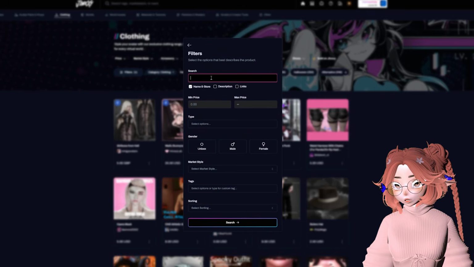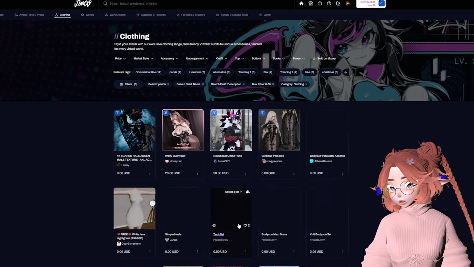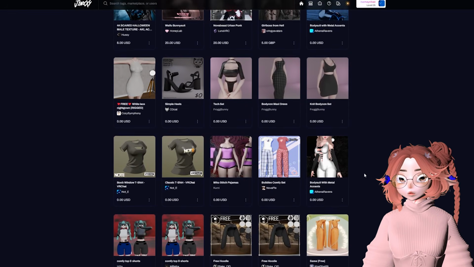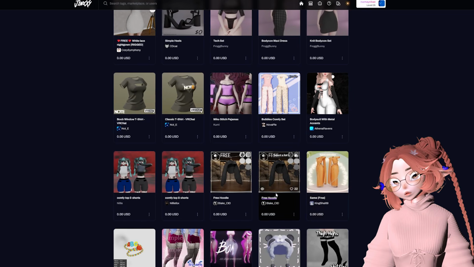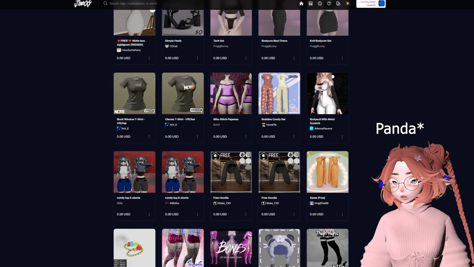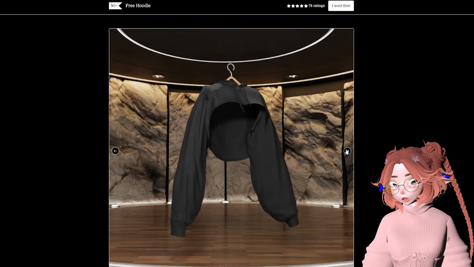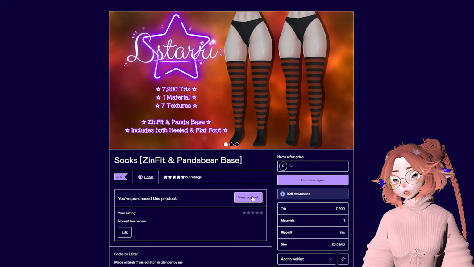So once I pick a base out, then I'm going to click on the clothing tab and I can filter the price to max 0, so it's only going to show me free stuff. And then I'm going to scroll through the pages until I find something that I like. I'm going to put Zinfit in the search bar, so it only shows me things that are rigged to Zinfit. As long as you check the description box, most likely